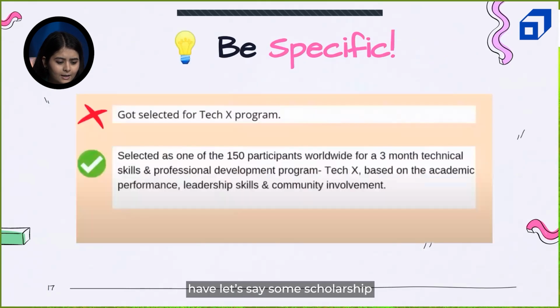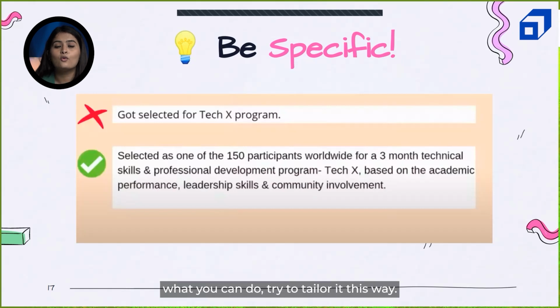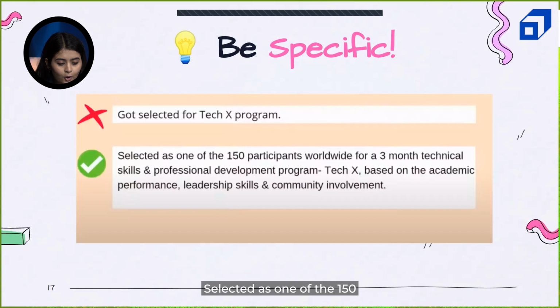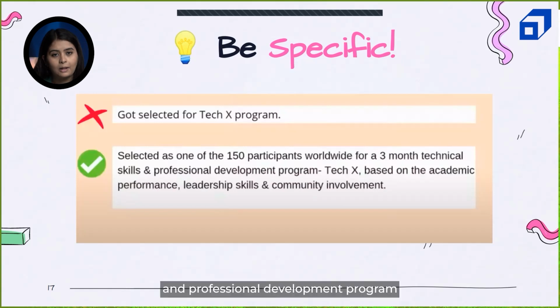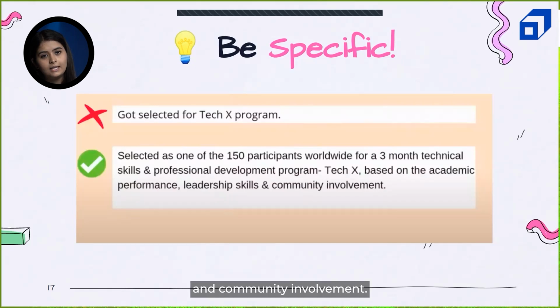And when you have, let's say, some scholarship, you got selected for XYZ scholarship, instead of writing got selected for, let's say, TechX program, what you can do, try to tailor it this way. Selected as one of the 150 participants worldwide for a 3-month technical skills and professional development program, that is TechX, based on the academic performance, leadership skill and community involvement.